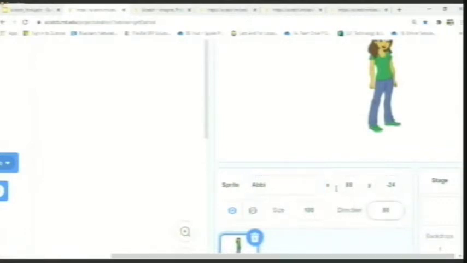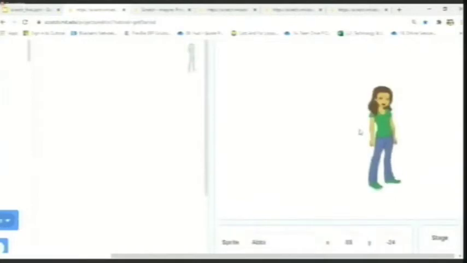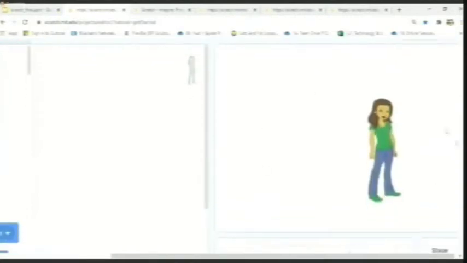Okay, and now let's discuss X and Y coordinates. When I look at this image, when we are trying to navigate, when we are trying to move, for example, if I want me to move from position A to position B, I will clearly state that please go to position B. But the same terminology will not be understood by a computer. So we have to program it precisely. So how we will teach the sprites to navigate on the stage or inside the stage is what these X and Y coordinates talk about. These X and Y coordinates, to make it very simple, consider the stage area as a graph.